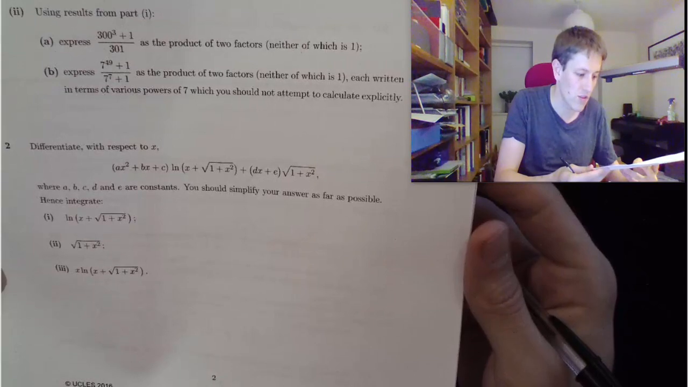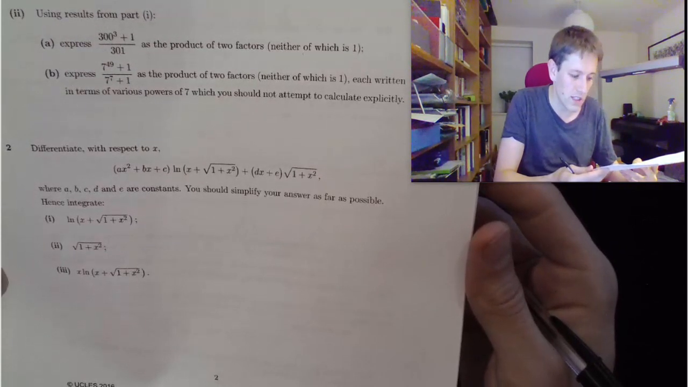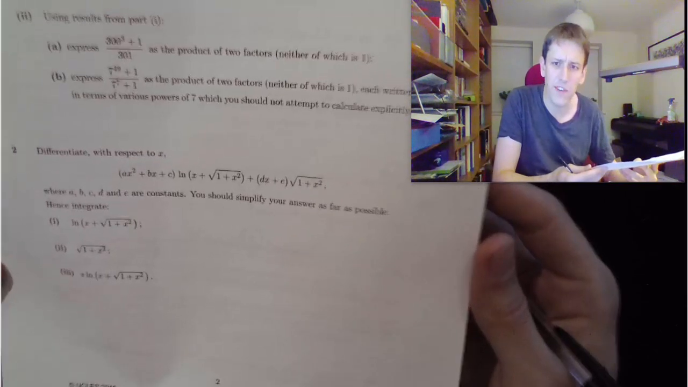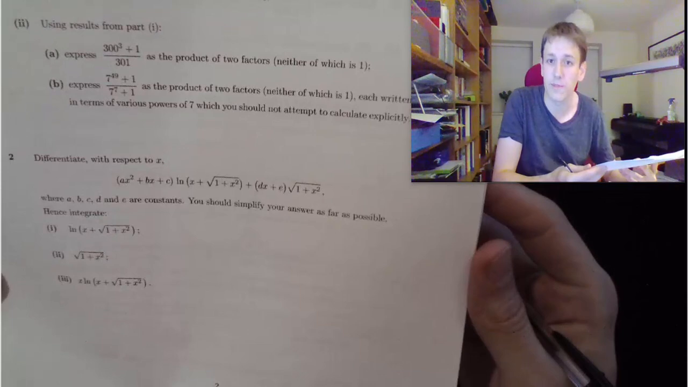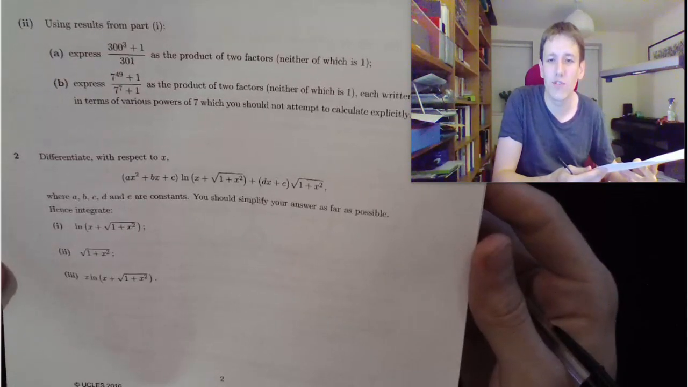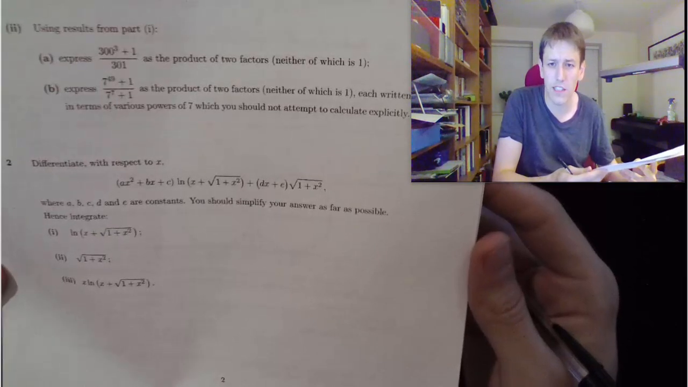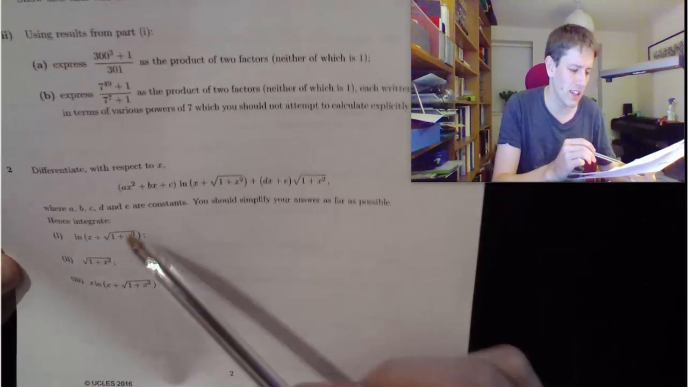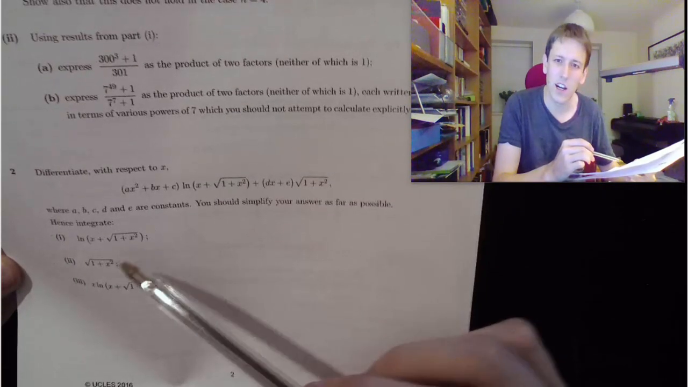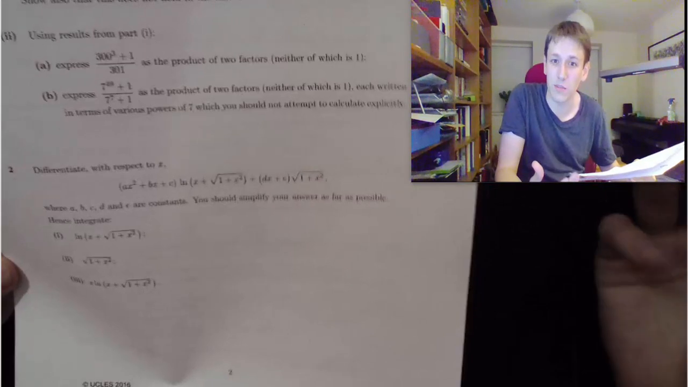It says differentiate with respect to x this whole function with a, b, c, d, and e constant. Simplify your answer as far as possible, we'll come to that later, and then hence do 3 integrals. Okay, so if a question asks you to differentiate something and then says hence integrate something, there's a big clue there. It feels like these things that we're going to have to integrate are in some way going to be related to the answer from the earlier part of the question, and that's always going to be true, well, most